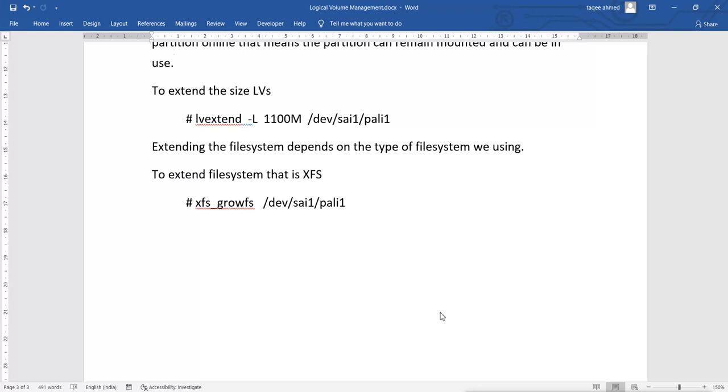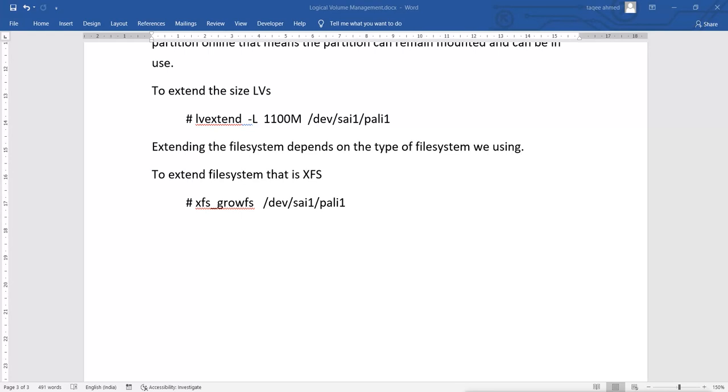That means if you are using the XFS file system and you created a partition of 1100 MB, you cannot shrink the partition. Actually you can shrink the LVM partition, but after shrinking it you cannot shrink the file system because of XFS. So if we are using the XFS file system, we cannot shrink the LVM partition.